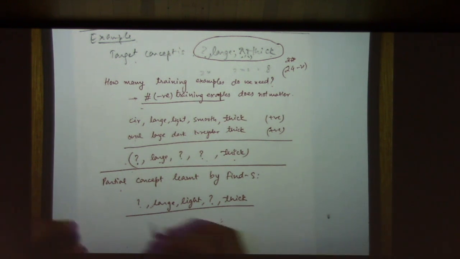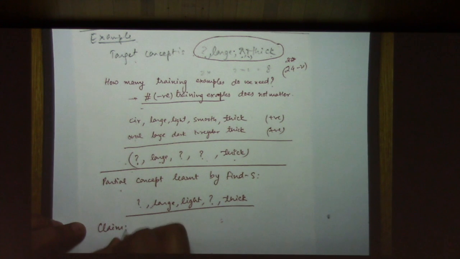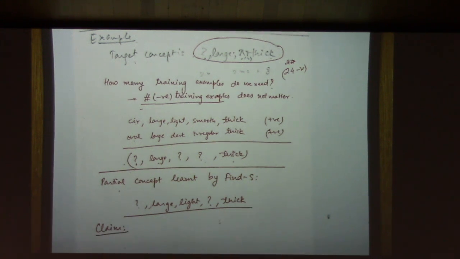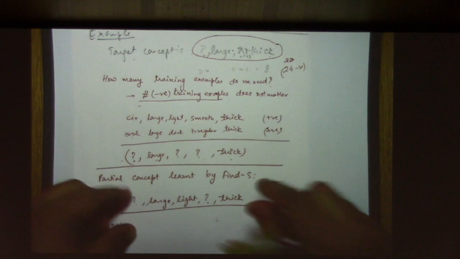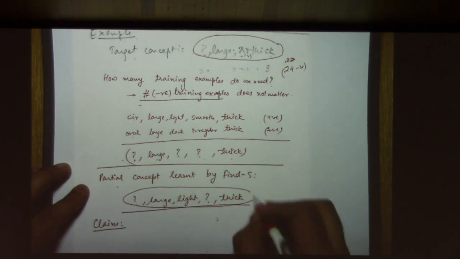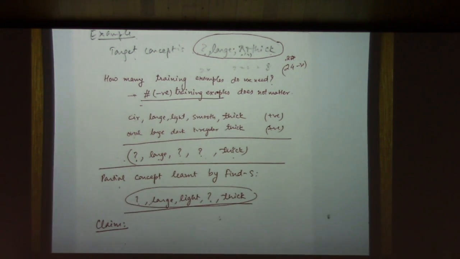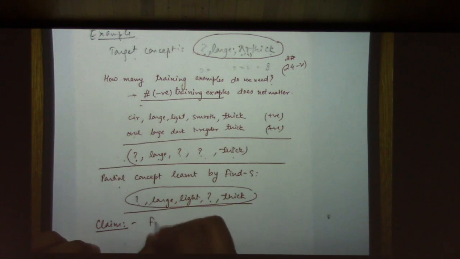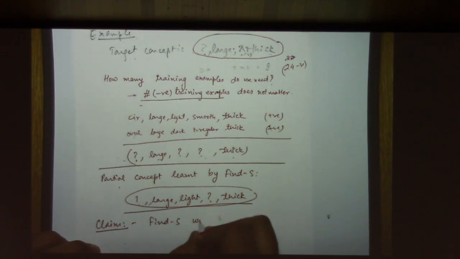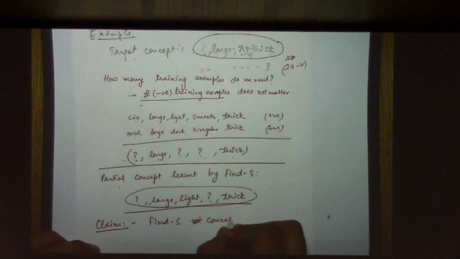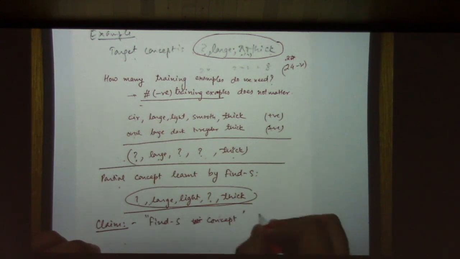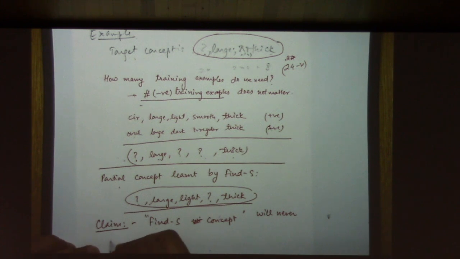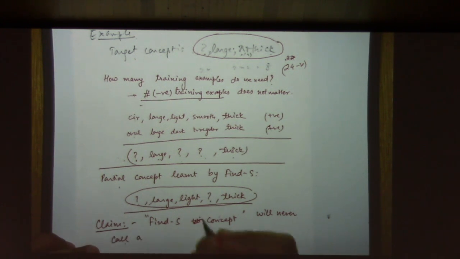So my claim is that even with this partial concept, it will never make one type of mistake. It will never call a benign